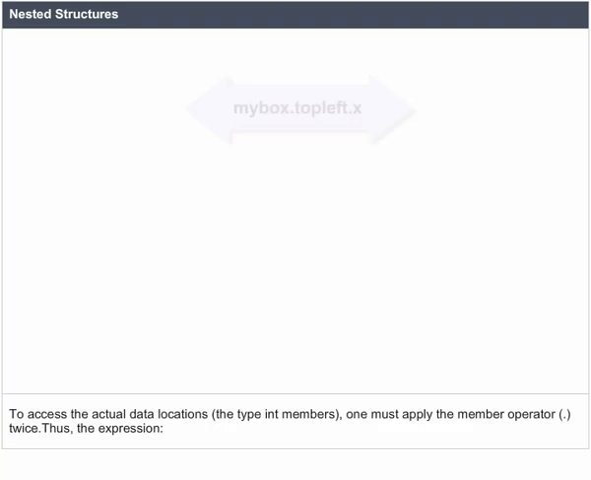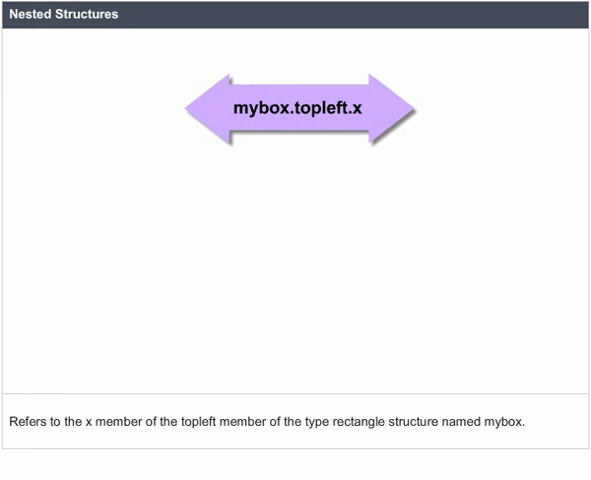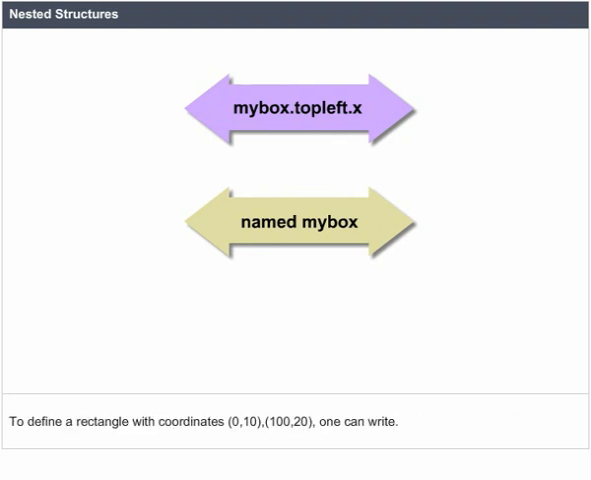To access the actual data location, that is the type int members, one must apply the member operator dot twice. Thus the expression mybox.topleft.x refers to the x member of the topleft member of the type rectangle structure named mybox. To define a rectangle with coordinates 0, 10, 120, one can write